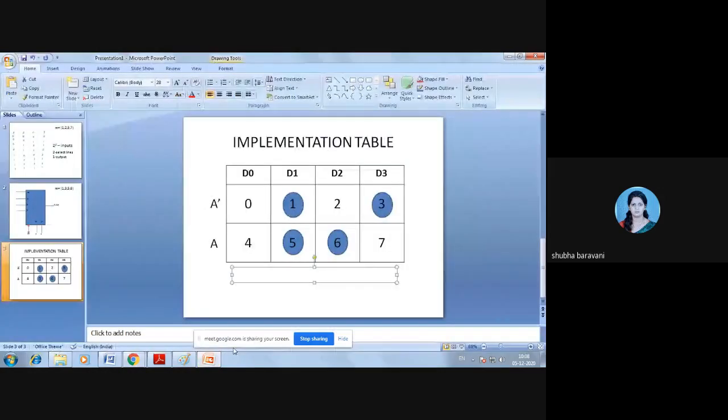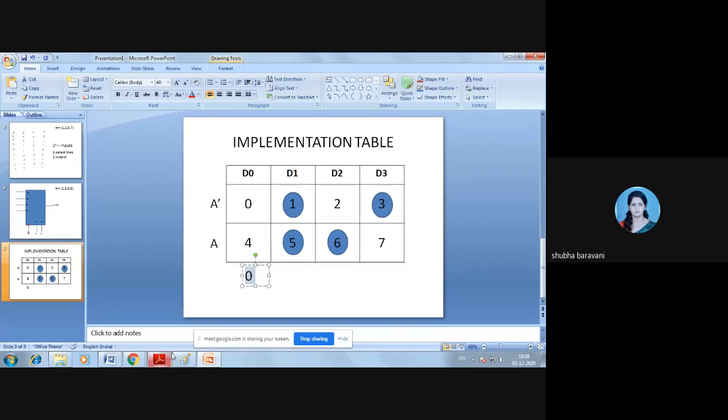It means, is there any column where none of the variables are encircled? Yes, ma'am, it was the first one, D0. Here we did not circle either, okay? So in this case, you have to write 0 here. 0 is applied to this corresponding multiplexer input. So this column is 0.